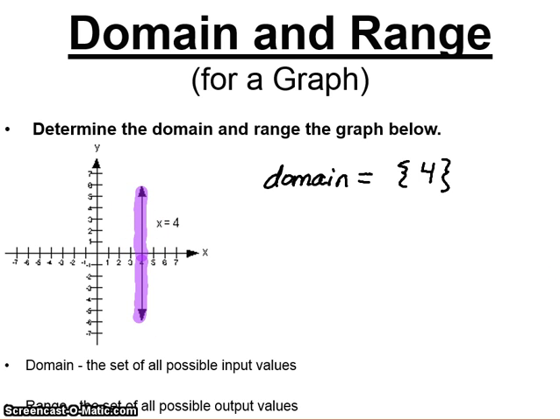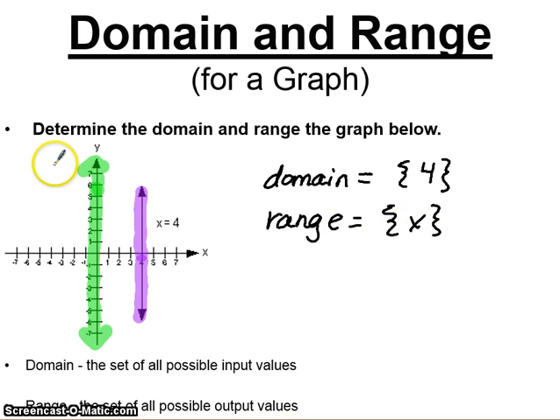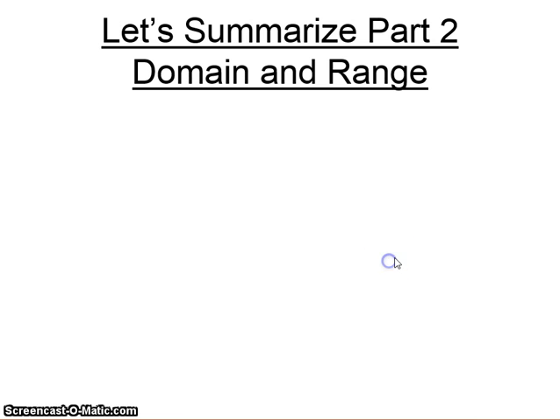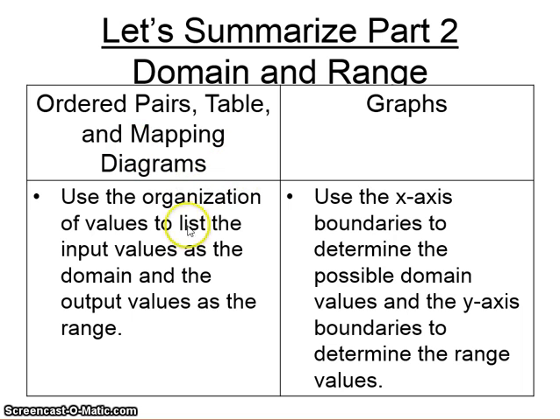Now, let's highlight the other way. Do you see how the arrows go on forever? That means that it goes on forever. So if we go over and trace it on the y-axis and we go on forever, that means that y can be any number. So the range is all real numbers. Any number can be the y. That's a little tricky. So let's summarize. If you're looking at ordered pairs, use this strategy, and if you're looking at graphs, use this